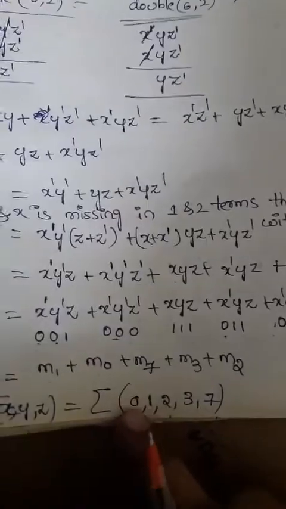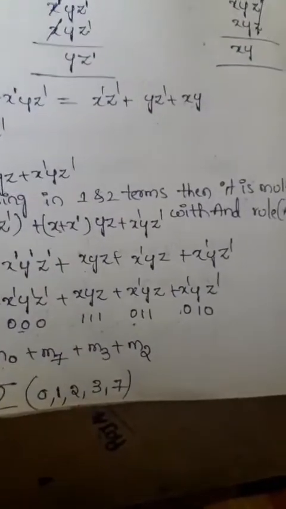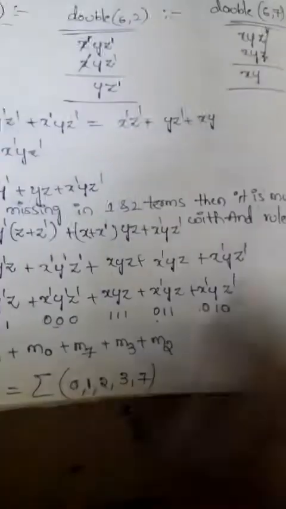Okay. So here, first identifying the cell numbers 0, 1, 2, 3, 4, 5, 6, 7. Okay. So which cell numbers contain 1? That means 0 is present with 1, and 1 is present, and cell number 2 is present, and 3 is present, and 7 is present. So 0, 1, 2, 3, 7.